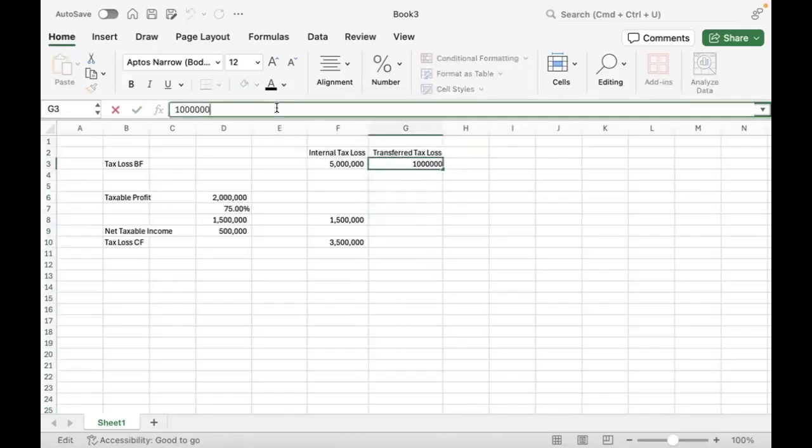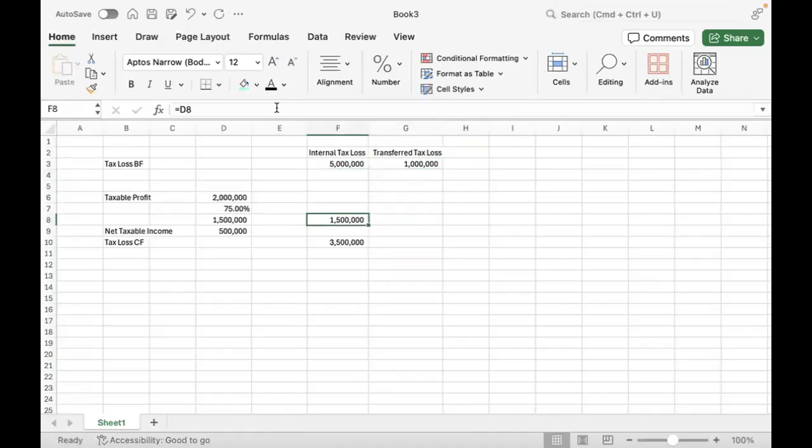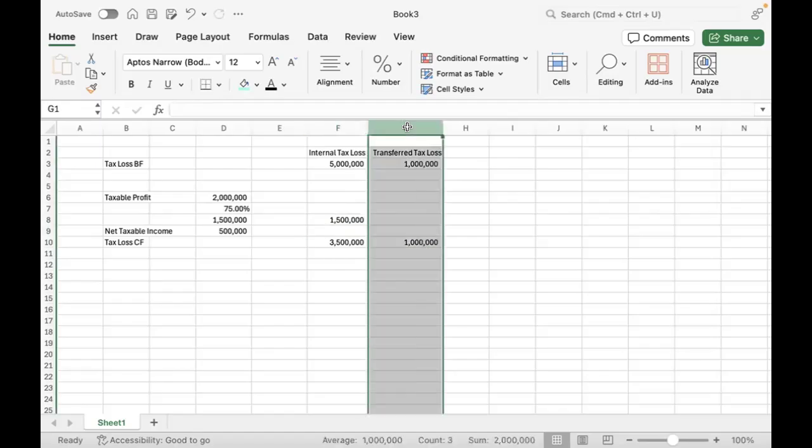So the rule is that the order is that first we will have to utilize our internal tax losses. If something is left, we can carry forward, and this whole amount will be carried forward. We will not be able to offset the transfer tax loss until the internal tax loss exhausts completely. But it's a futile discussion. Why? Because even if we continue to exhaust our internal tax losses, we're not losing any benefit. The transfer tax loss stays until infinity.